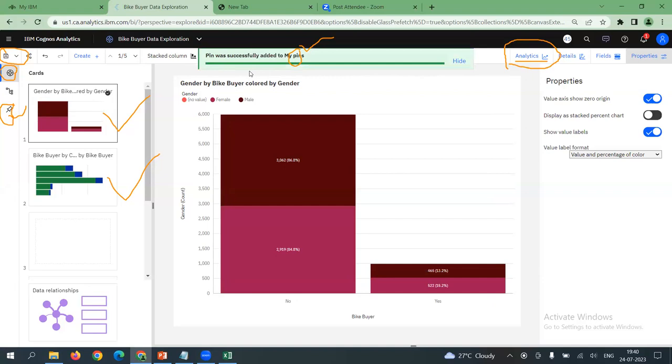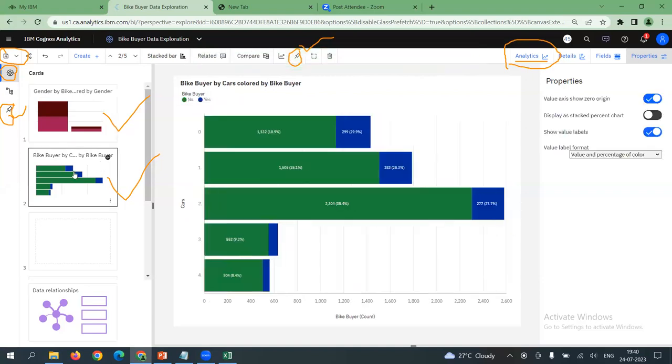Cognos is processing my pin. Second visualization, I highlight in the row and click on pin button. That is also being processed. The advantage here is tomorrow, if you are building your dashboard, day after tomorrow, if you are building your story point or report, no need to build the entire project from the scratch. No need to start the project from the scratch. All you need to do is extract the visuals from the saved pins and build your dashboard within less time. That's the advantage of pinning the visuals into my pins. This section is called my pins, right? But if you don't pin them, still also you can build your dashboard, still also you can build your story, provided you have to do the entire activity from the scratch.